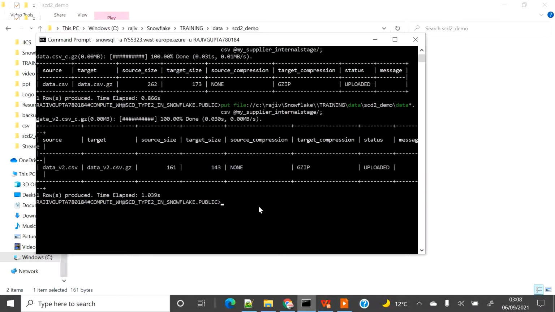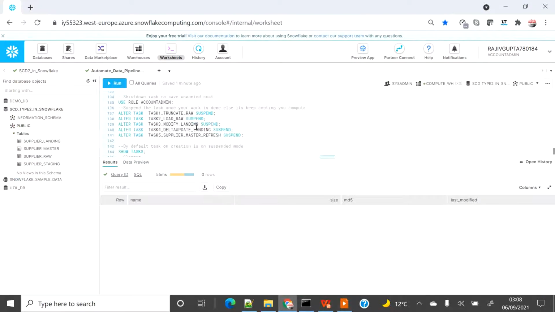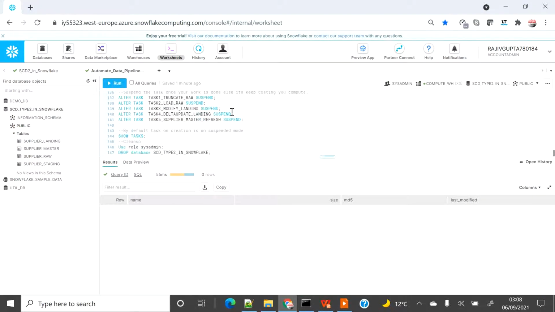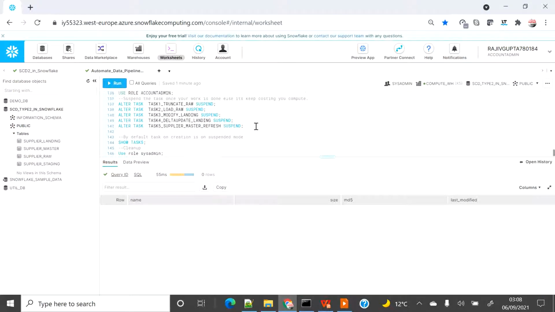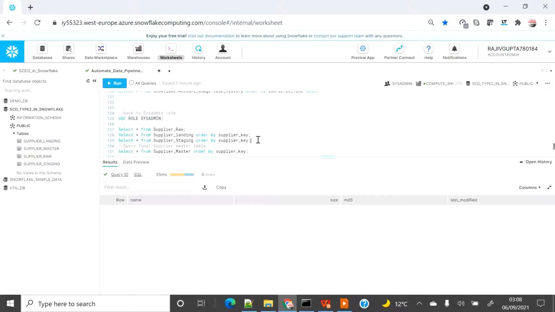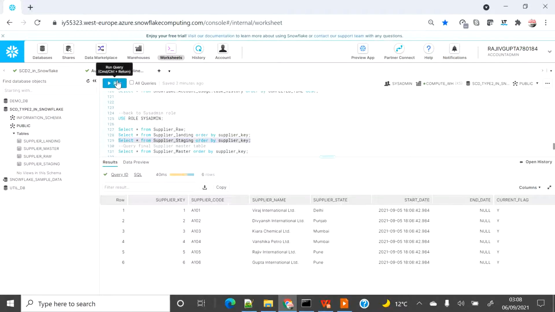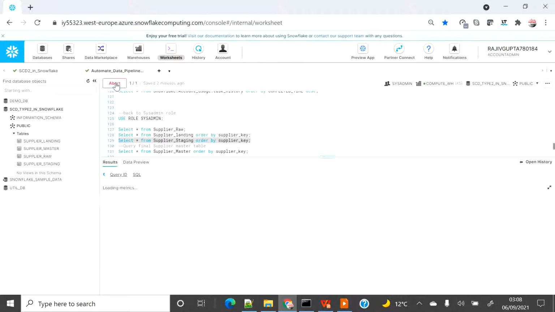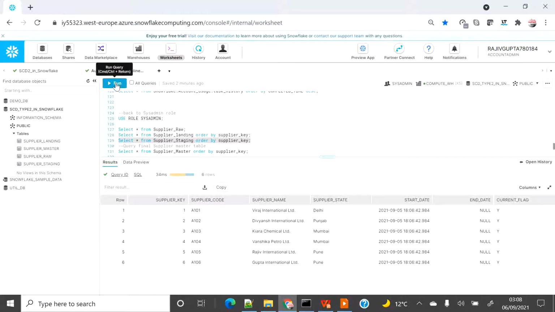So it is successfully uploaded. Because our job is already running, I'm assuming it will be done quickly. So let's go and query the staging table. It's better to query the staging table. As of now we see the 6 rows. Hopefully we will see, I think, 10 rows. So let it execute; within a minute it will get executed.